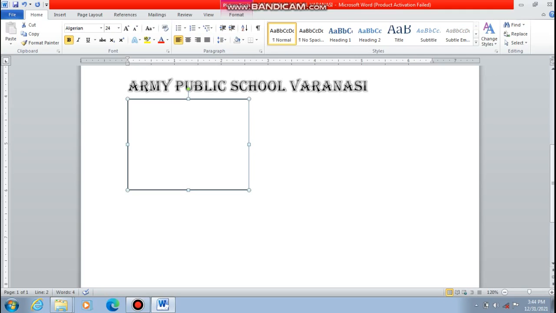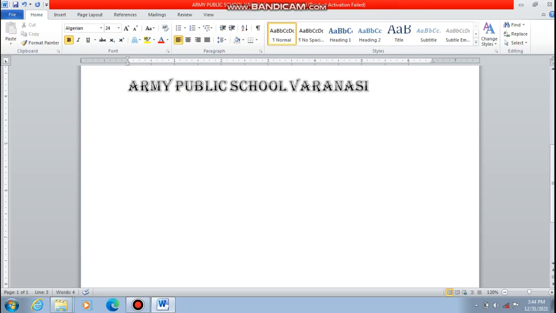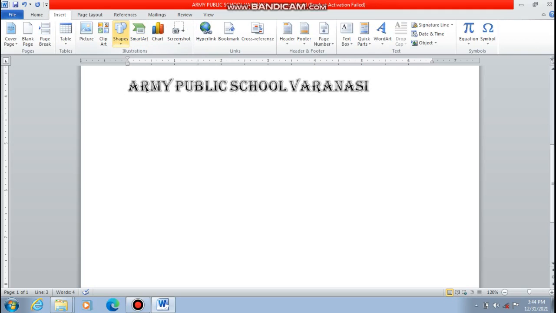Now the next and the most important one is the shapes, adding auto shapes. So I'm adding the shapes after this. First of all I'm going to delete this picture. Suppose you want to add any shape, you can add any type of shape according to your requirement. Suppose I want to make a poster in which I want to add lots of smileys. So go to insert, go to shapes.